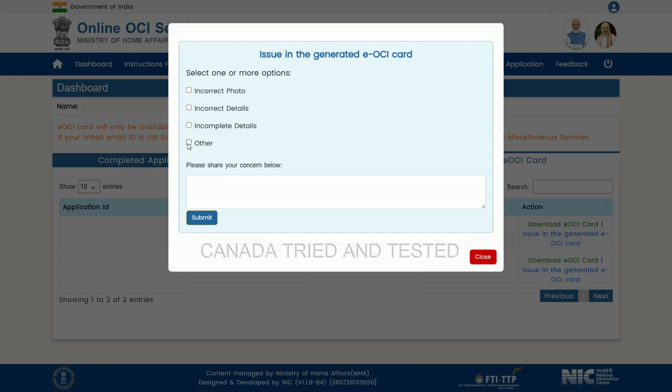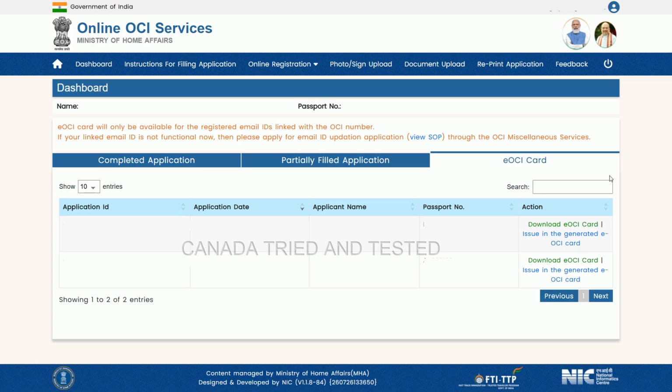If it is something else, you select others and then accordingly update. And as it says, select one or more, you can select whichever is applicable in your case and then make an entry here and then go ahead and submit. Once this is submitted, once the details are updated, you'll be able to download the eOCI card by coming and clicking